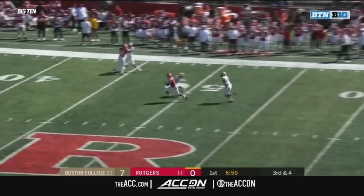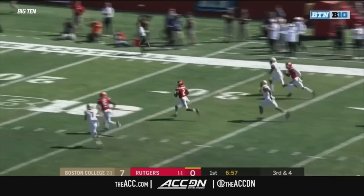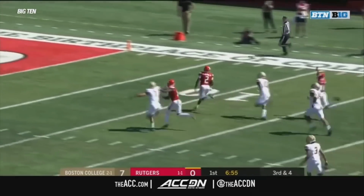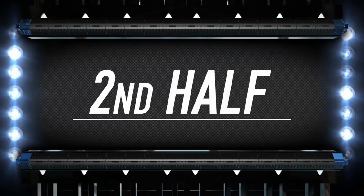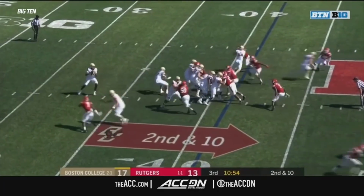This pass complete. Blackshear into the clear. Sprinting. Raheem Blackshear won't be caught. Touchdown! I don't know if he stepped on his ankle or got shin kicked, but...